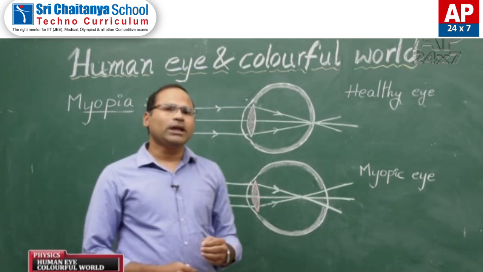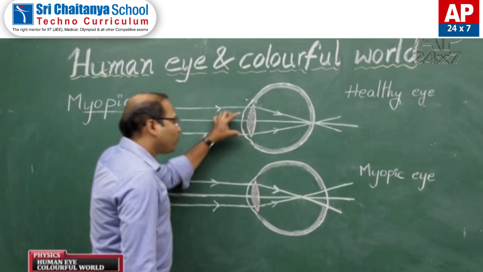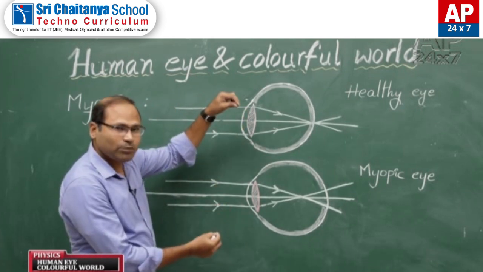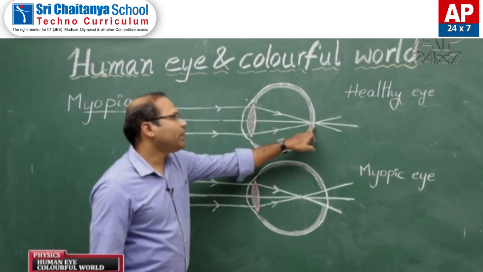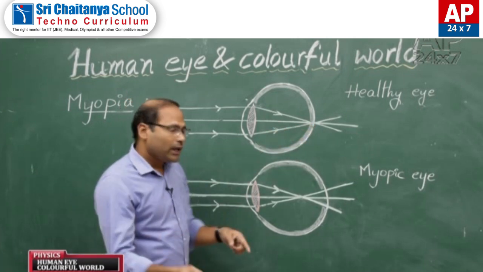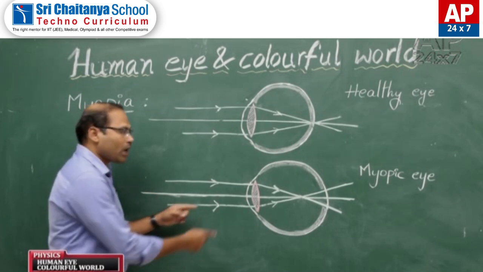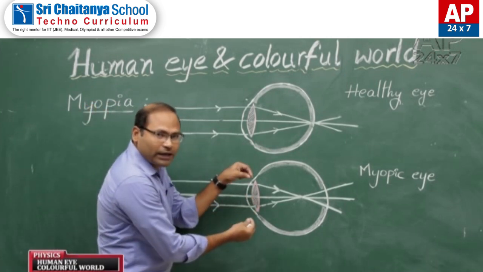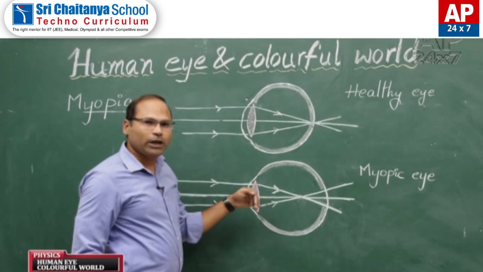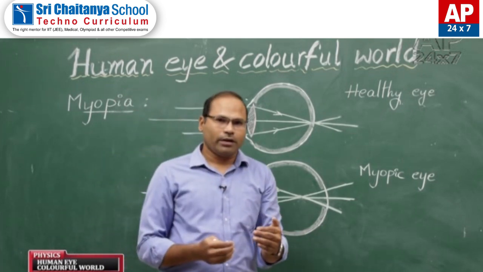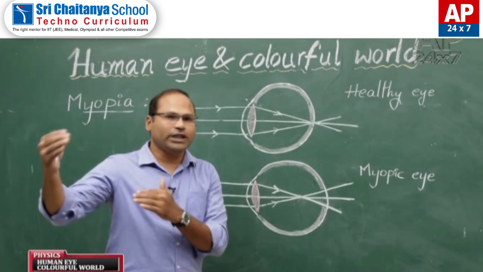We know that when you try to see an object which is at a longer distance, the focal length of the eye lens should extend to its maximum value, that is what? Yes, 2.5 centimeters, and the image will form here on the retina. But for people suffering from myopia, when they try to see a longer distant object, the eye lens will try to expand, but it could not make it. That means it could not extend to its maximum value. So it stops somewhere at 2.4 or 2.45, like that. It could not reach 2.5.